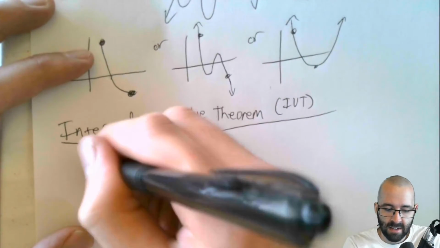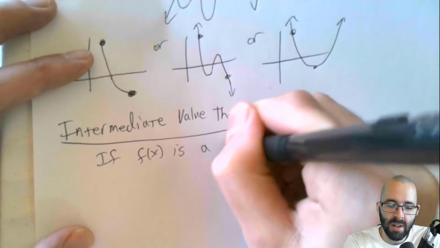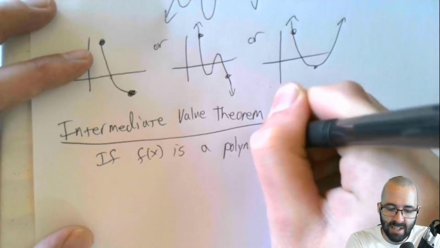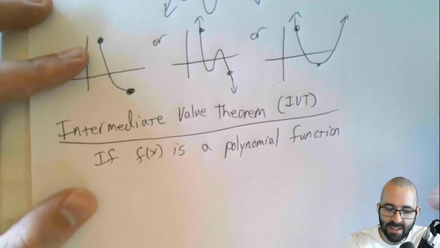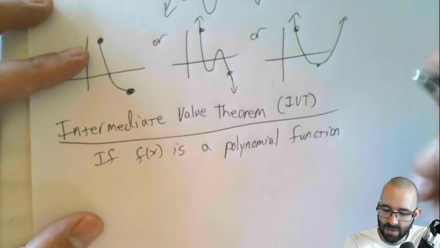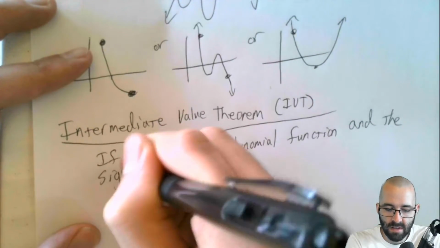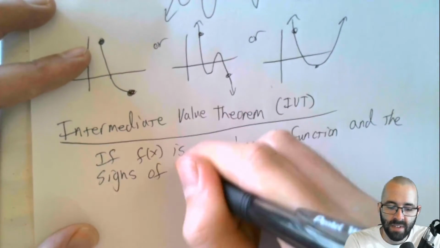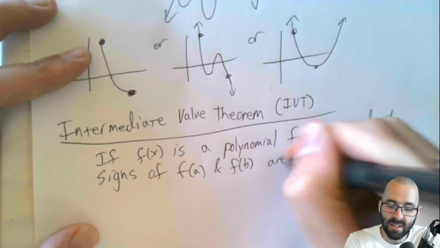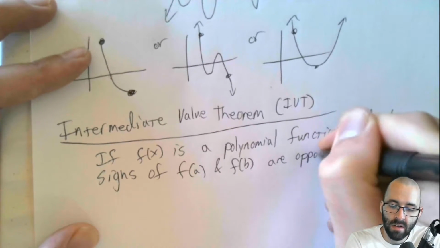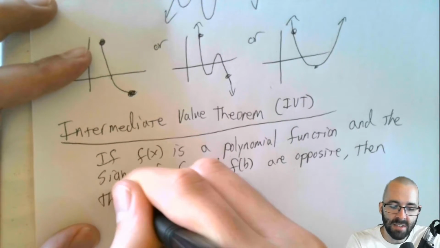And it says, if f of x is a polynomial function, technically there's a more general version of this theorem, but for our class, we'll say if f of x is a polynomial function, and the signs, so positive and negative, of f of a and f of b are opposite, then there must be a zero